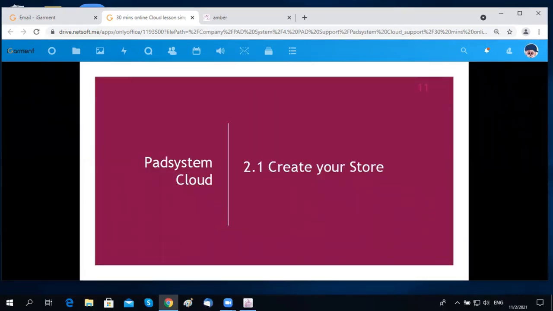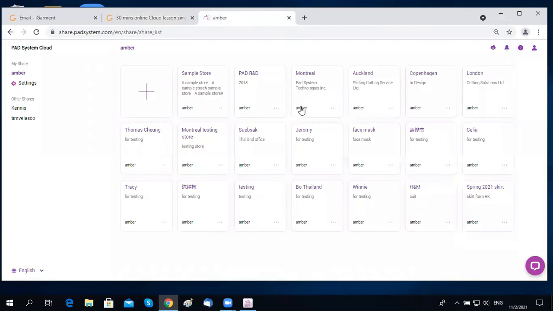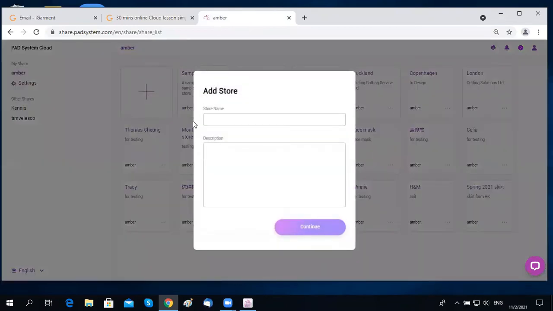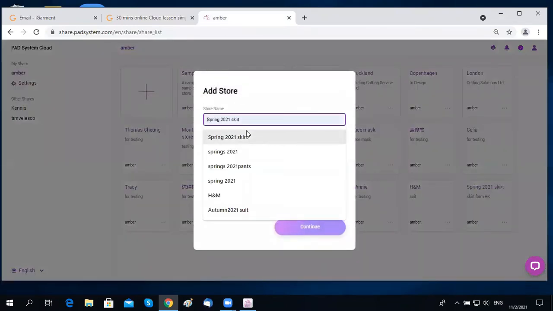Create your store. What is meant by store? A store is a place, like a folder, where you can store your pattern and marker files. You can see this is a square, it means a store. If you want to create a new store, you can click this cross sign and then input your store name. For example,